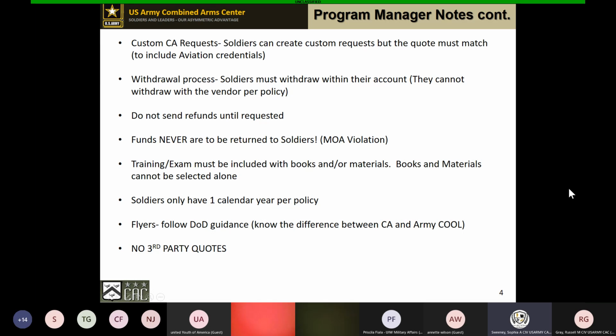That takes some steps. So we ask that if a SODR only needs so many hours, 10 hours, whatever, that you create a custom request for them, and they can create their CA request based off of what you have provided, okay?